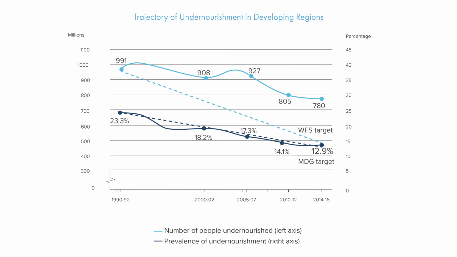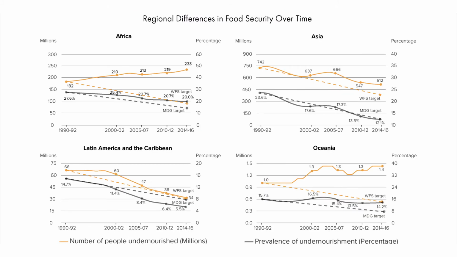Where do we see this food insecurity? Well, this set of graphs is showing you regional differences. The orange line indicates the number of people who are undernourished. The gray line is the percentage or prevalence of undernourished. So while the gray line shows that overall the prevalence is declining, we're actually seeing some interesting changes in the numbers. If you look at Africa, sadly, there's more people who are undernourished. The numbers are increasing. Whereas you see in places like Asia, there's declines in undernutrition.